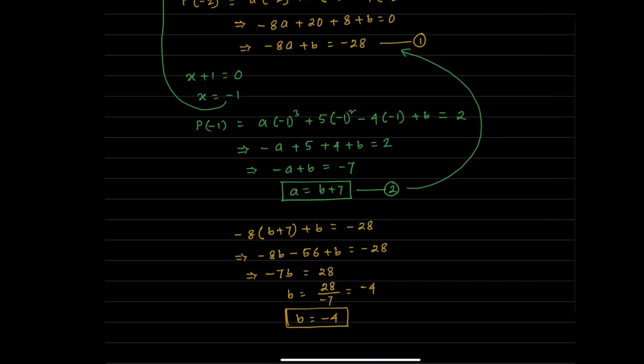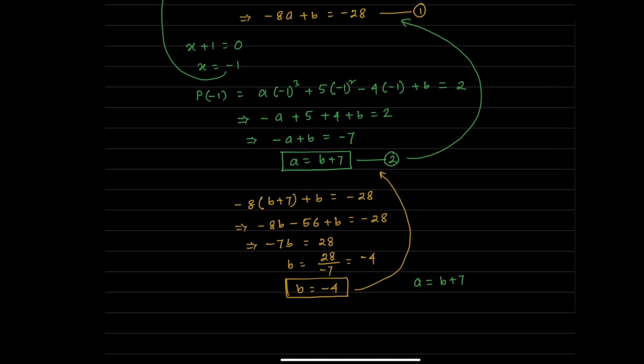Again, if we put this b result in equation number 2, we can get our a value: a equals b plus 7. So b is minus 4 plus 7, and you can get a equals 3. So we get our values of a and b, which are 3 and minus 4, by using the remainder theorem and factor theorem. We do not need to use long division in this case,